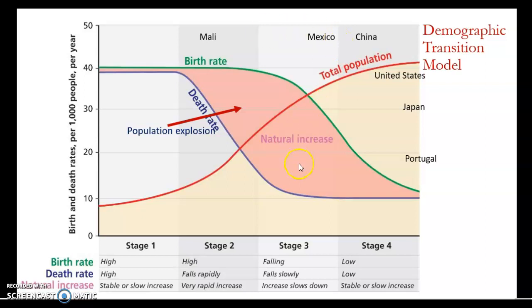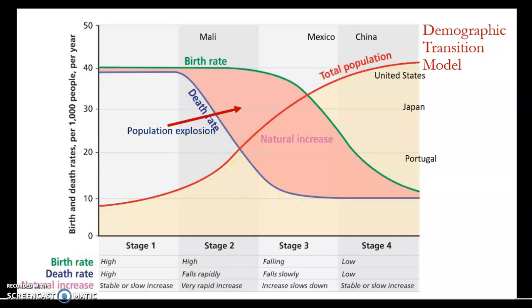As we move on into stage 3 of the demographic transition model, we run into Mexico. Another country in here is India. And you'll notice our total population trends upwards through our population explosion in the second half of stage 2 and through stage 3. This total population continues to grow as our CBR, our crude birth rate, begins to fall, and our crude death rate drops drastically.